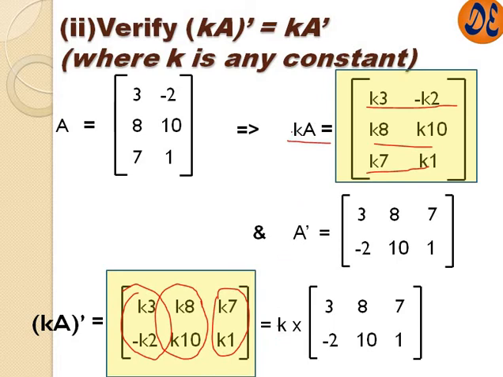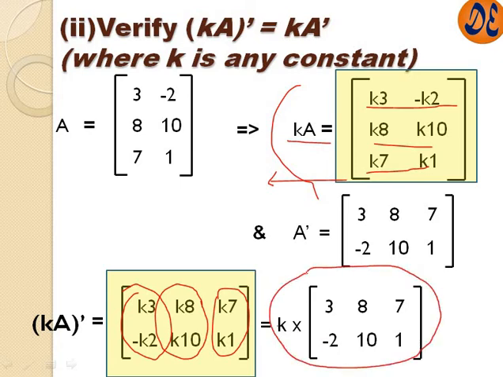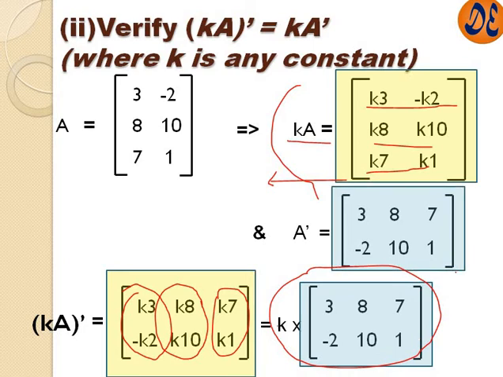Again, this is the same as we have seen earlier, we are just doing the reverse of this one here. Whatever we have done here, we are doing the same reverse here, as we know the properties of scalar multiplication. Now if you compare this one and this one, both matrices are the same. So we can write this one as such, and so we have verified this particular property of transpose of a matrix.